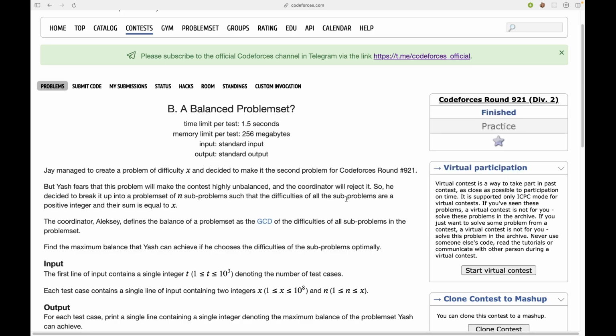Now let's first read the problem statement. Jay managed to create a problem of difficulty X and decided to make it the second problem for Codeforces Round 921. But Yash fears that this problem will make the contest highly unbalanced and the coordinator will reject it. So he decided to break it up into n subproblems such that the difficulties of all the subproblems are positive integers and their sum is equal to x. The coordinator, Alexei, decides the balance of the problem set as the GCD of the difficulties of all the subproblems in the problem set. Find the maximum balance that Yash can achieve if he chooses the difficulties of the subproblems